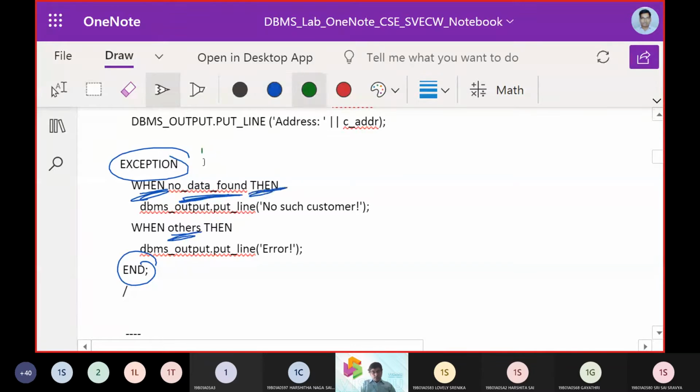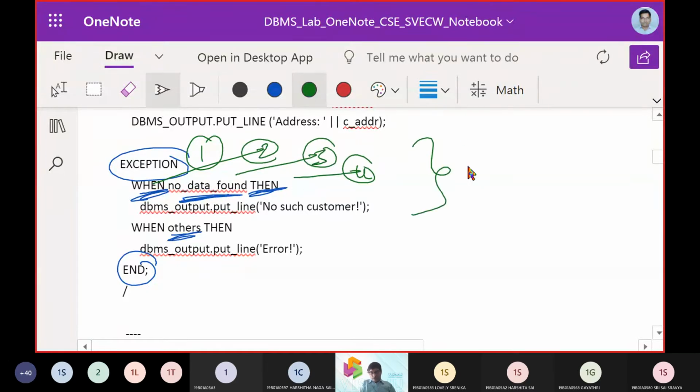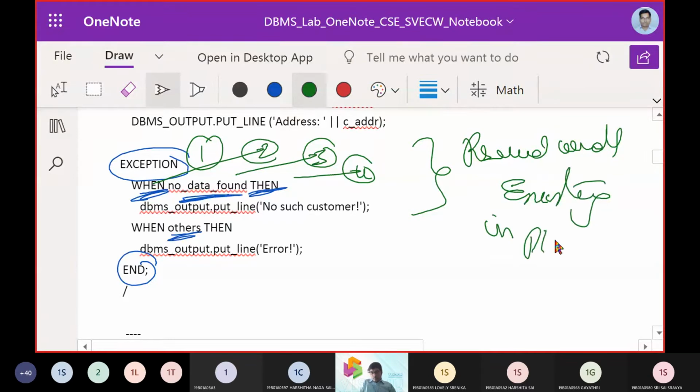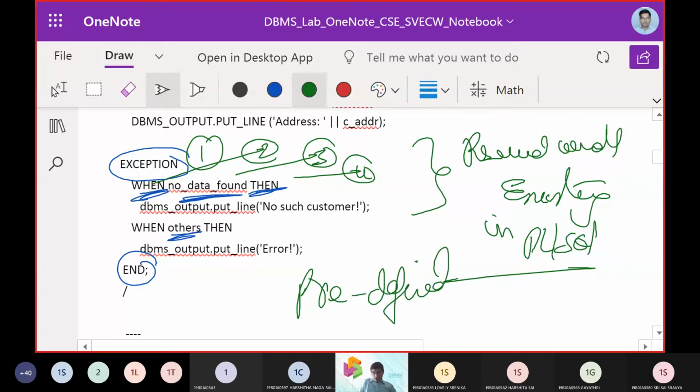All these entities, exception, when, no data found, others, are reserved words, existing in PL/SQL. Therefore, we call them predefined exceptions.